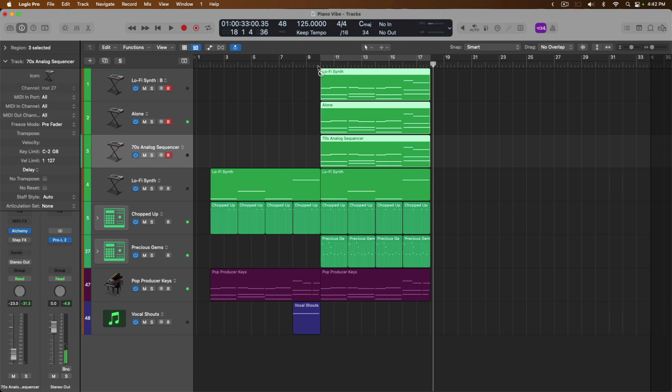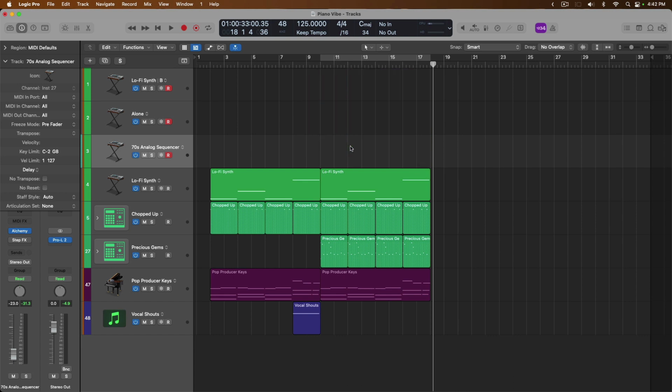Cool, so we got our performance in there. We've recorded to all 3 tracks simultaneously, and this can be really helpful to record exactly like this. However, as we move forward through this video, I want to be able to fine-tune different aspects of the different tracks. So I'm actually going to eliminate my performance, select all 3 synth tracks using either Command and clicking on